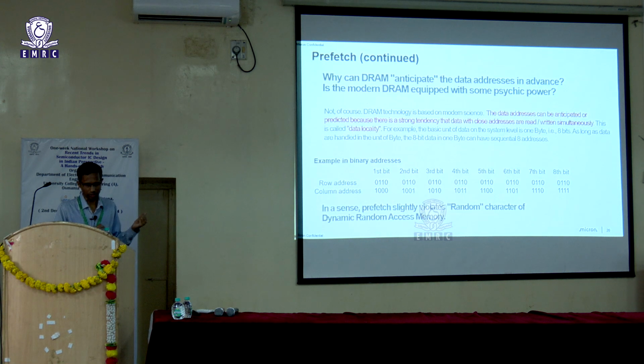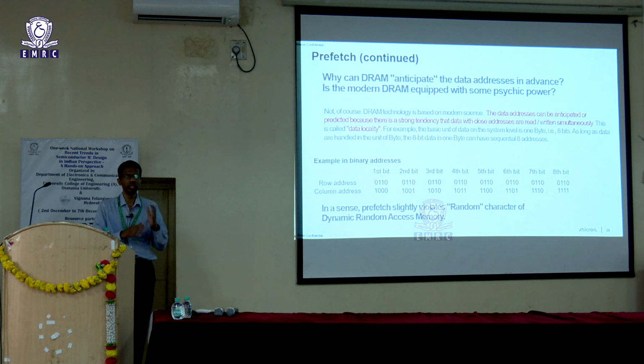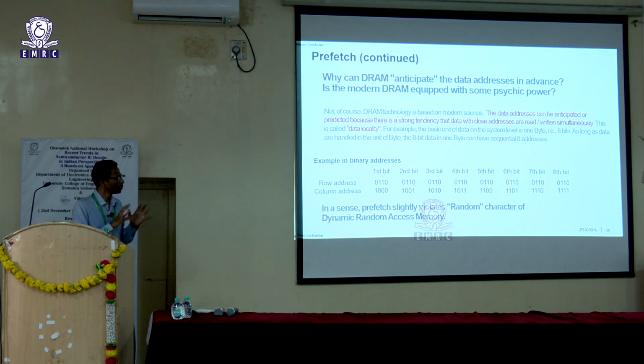So at the start of the presentation, we said DRAM is dynamic random access memory. But now we are doing this prefetch, wherein you are saying, okay, one particular address is given. Now I will not just fetch data from that particular address, but will also get data from 15 bits which are right next to it. So are we violating that randomness to some extent?